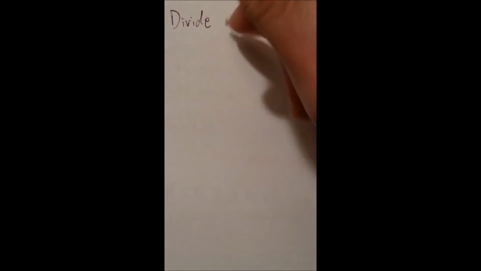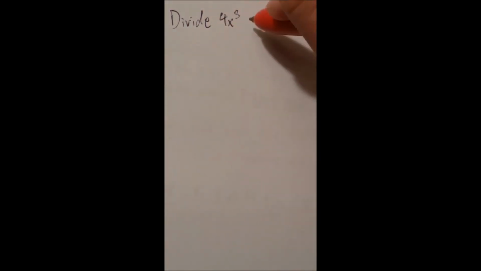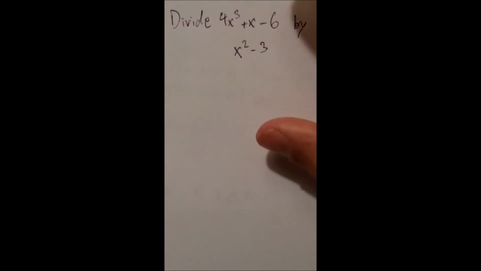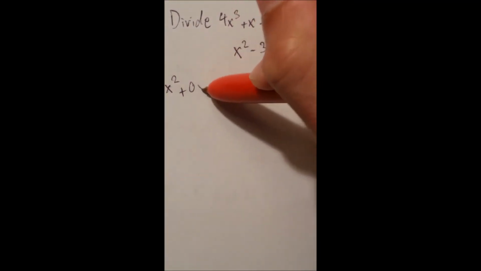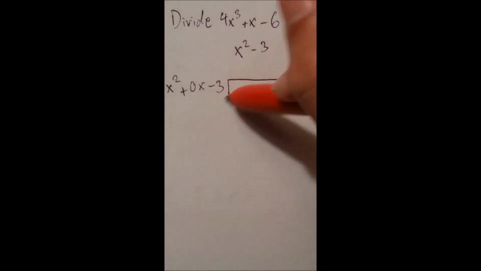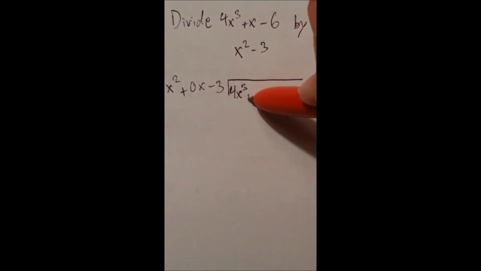For our next example, we're going to look at the problem: divide 4x cubed plus x minus 6 by x squared minus 3. Two polynomials with obviously different degrees of x. Now, just as a quick aside, we're going to include the values 0 for placeholders just so we don't get confused. As you can see in the divisor, we have x squared plus 0x minus 3,